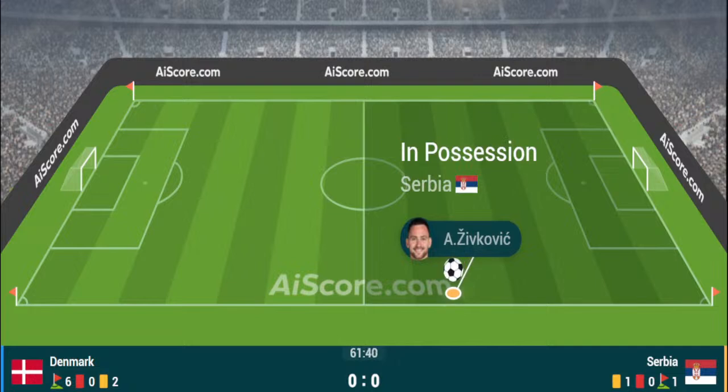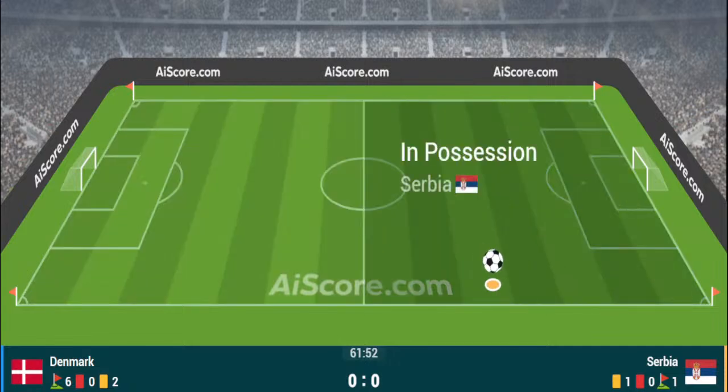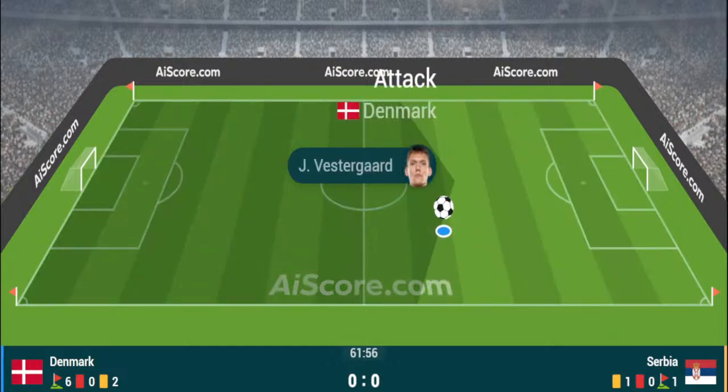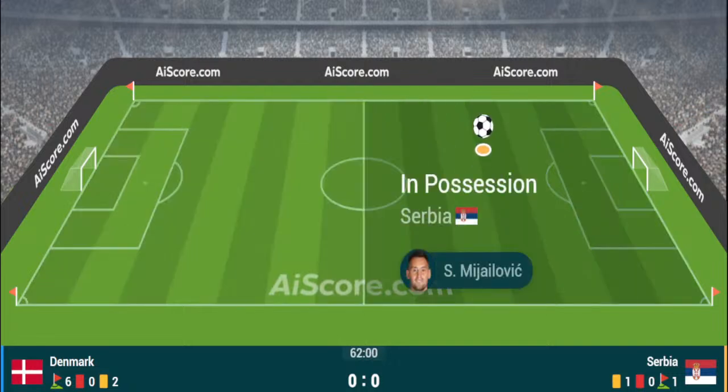Gathered now by Denmark and gathered by Christian Eriksen just inside the Serbia half. It is Denmark again who are pouring forwards on the right hand side of Bar. Bar just slides it infield. Bar wants it back, and it's Skov-Olsen. Skov-Olsen beats it back inside now for Højbjerg. Højbjerg to the edge of the penalty area.